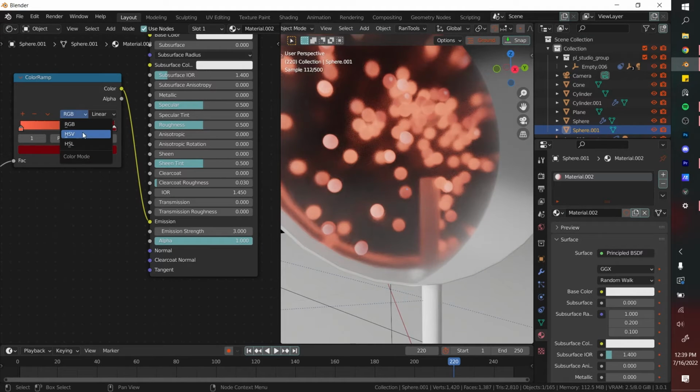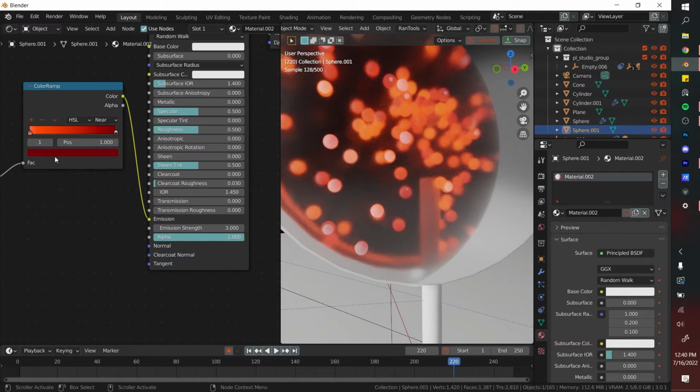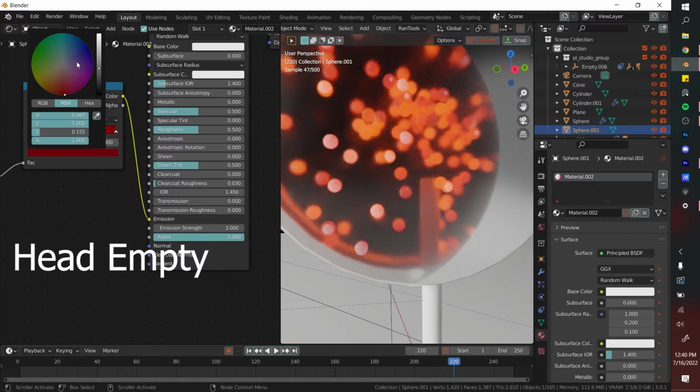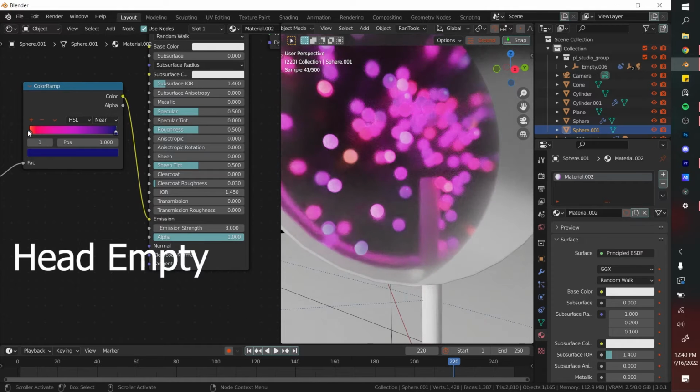You can actually turn this to HSL, and HSL will take every color in between from the colors that are on the